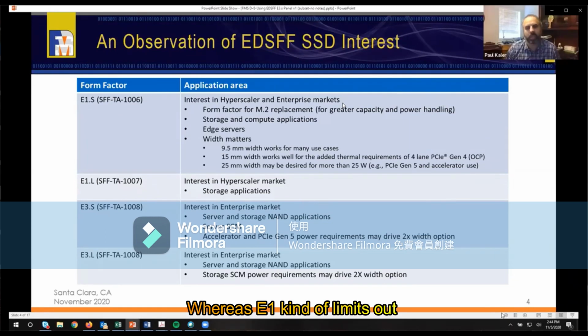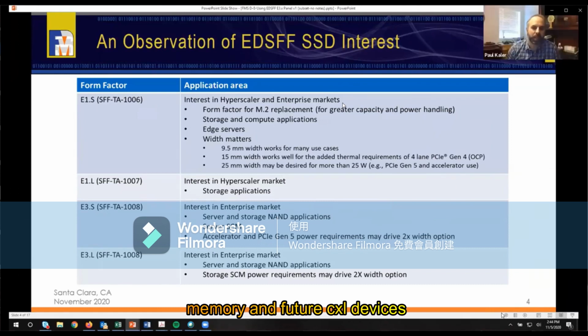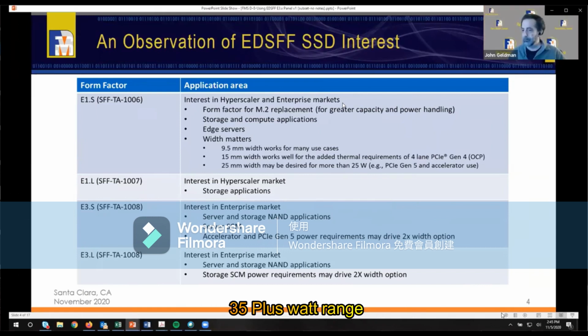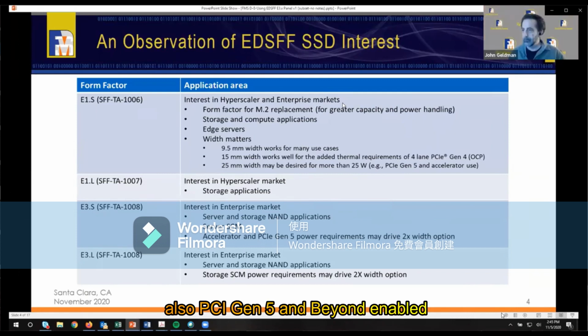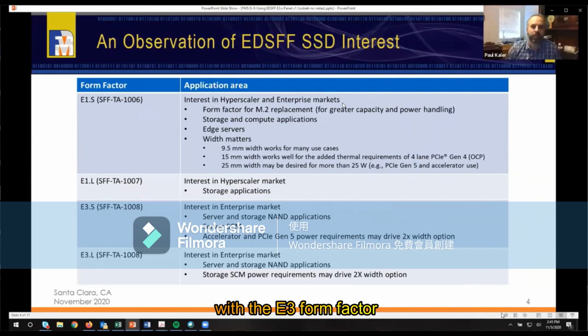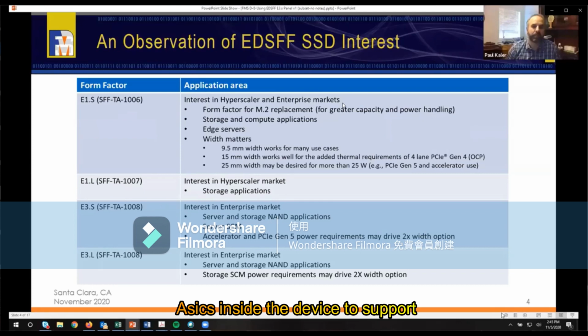Whereas E1 kind of limits out at a by 8 interface, as well as some lower power profiles, the E3 really allows you to go to a much larger power profile. So they'll take care of some of these application use cases that we see in the enterprise market, things like storage class memory and future CXL devices that are going to be more power hungry. Going to PCIe Gen 5, power requirements drive up to that 35+ watt range. And so that's where we see accelerators for computational storage, and also PCIe Gen 5 and beyond enabled with the E3 form factor. You just have more surface area, more ability to support larger ASICs inside the device to support